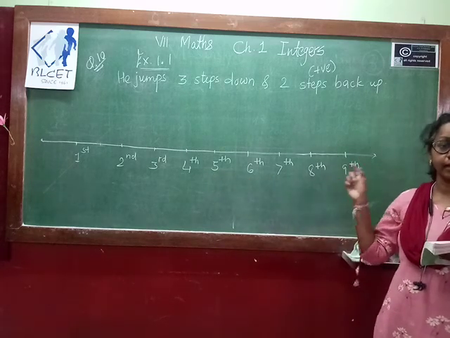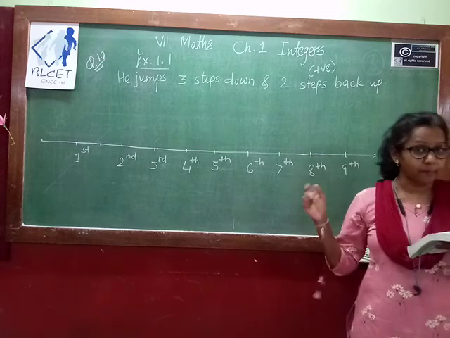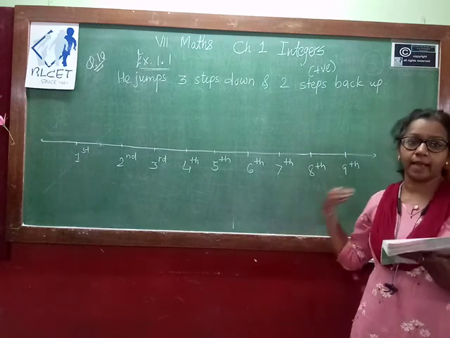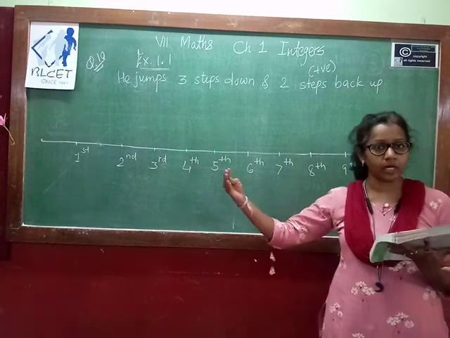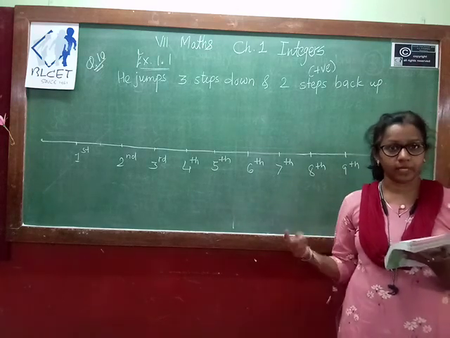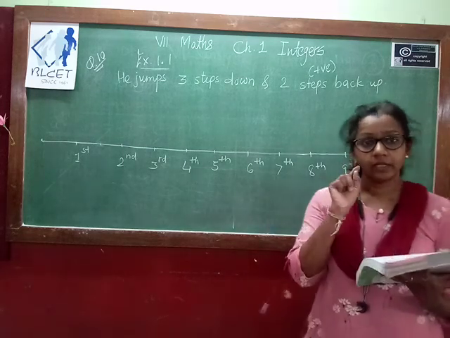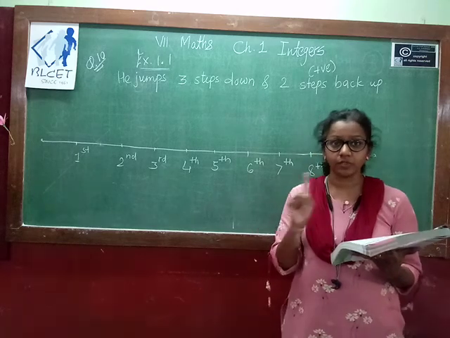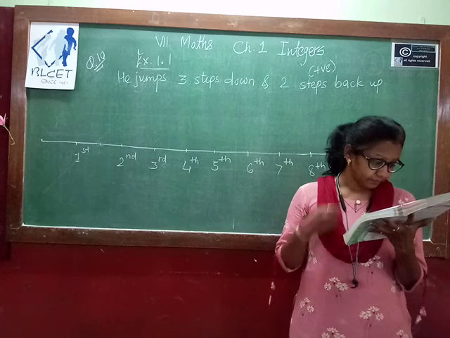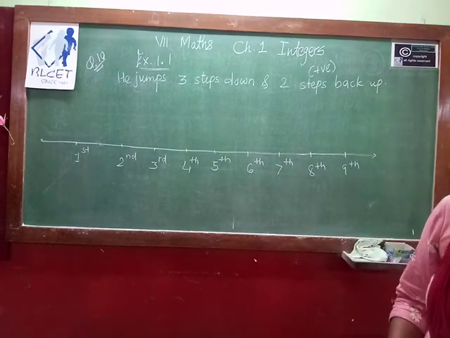So that we have to find, how many jumps. So he jumps 3 steps down and then jumps back 2 steps up, means 3 steps forward and 2 steps backward. Then again 3 steps forward, 2 steps backward. Ultimately he is taking only 1 step ahead. Okay, if you keep on doing jump, back jump, if you count like that, every time the monkey moves only 1 step. After drinking, the question is, in how many jumps will he reach the water level? So that is your first question. So we will start solving first.